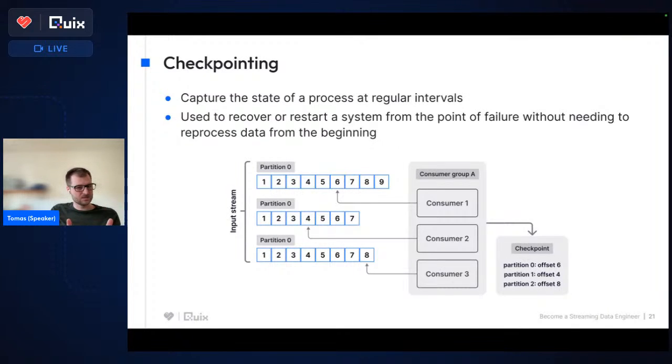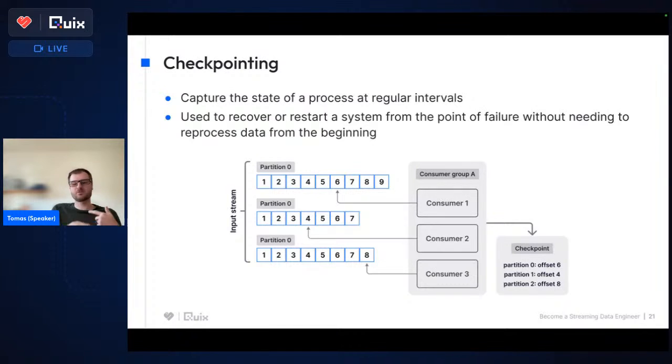In other words, we're letting Kafka know these messages in this topic are already processed, we took care of it, and it's gone. So when you get restarted for any reason, that could be you updating your code or a hardware failure, you will start from the last checkpoint, from the last commit that you have done,